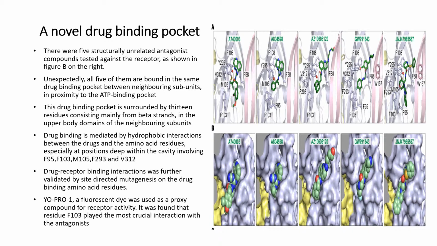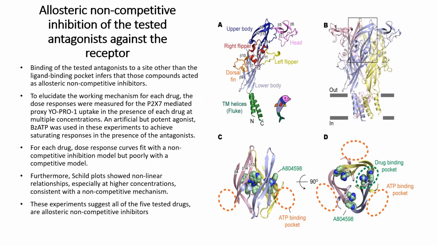Drug receptor binding interactions were further validated by site-directed mutagenesis on the drug-binding amino acid residues. Yopro-1, a fluorescent dye, was used as a proxy compound for receptor activity. It was found that residue F103 played the most crucial interaction with the antagonists. Binding of the tested antagonists to a site other than the ligand binding pocket infers that those compounds acted as